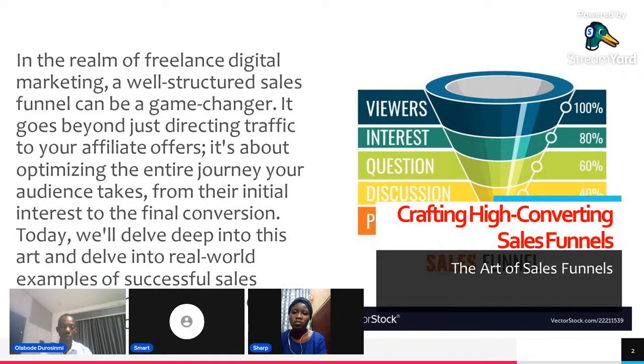You can place it in front of them via a flyer, a graphic design flyer. You can place it in front of them via a video, a short content video, or a medium content video that explains what your product is all about. Apart from that, you have to back it up with very good content. In the next slide, we are going to talk about content creation and copywriting and how you can use it to make sure that your awareness is backed up with some form of authority and credibility. That is the important part